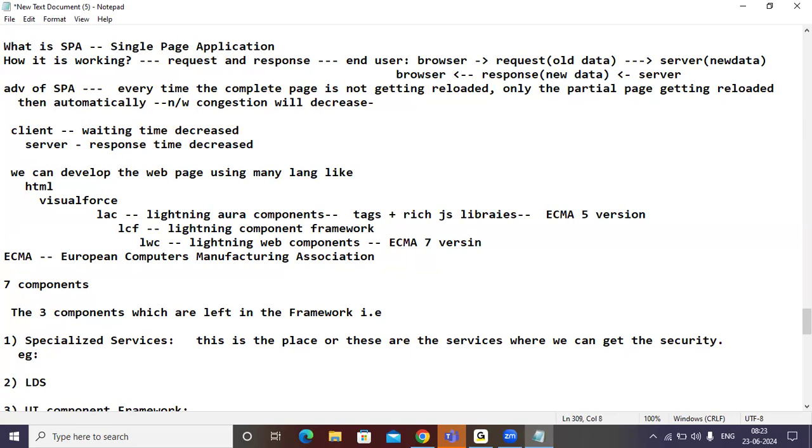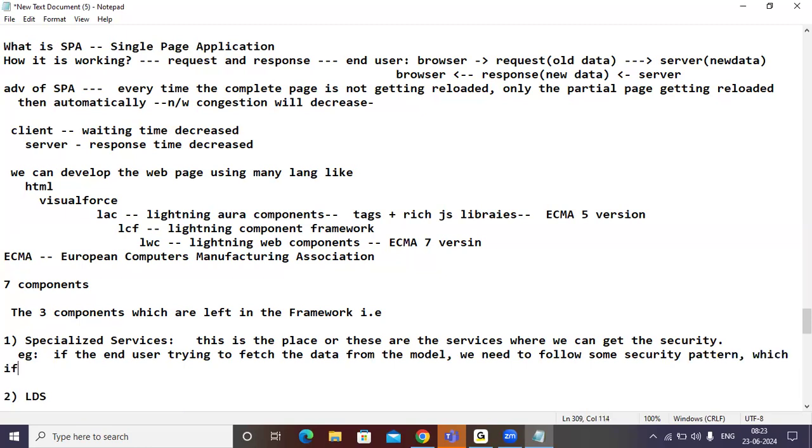For example, if the end user tries to fetch the data from the model, from the object, we need to follow some security pattern, which will be taken care of by what?